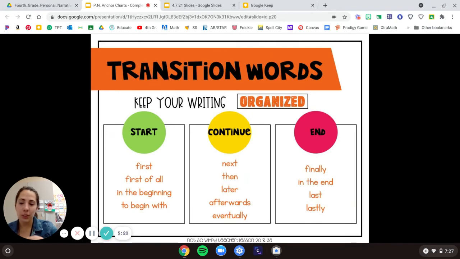So as you're going through your writing, you might have a lot of continues, or you might have a start, continue, end. Start, continue, end. Maybe you have two kind of things that are coming up. But you're definitely going to want at least one of each, which is going to be your task for today. So I would keep my anchor chart, like a hand there or a pencil in my book to keep it handy to flip back to.